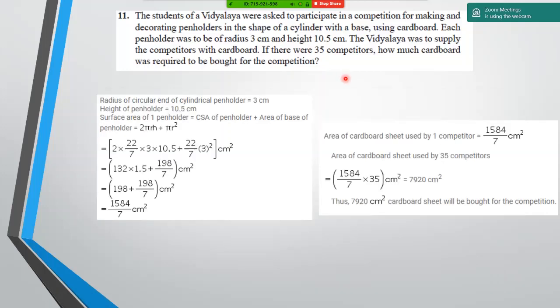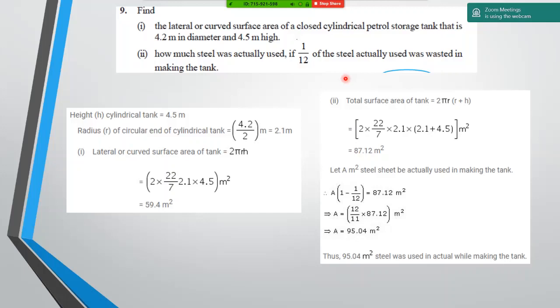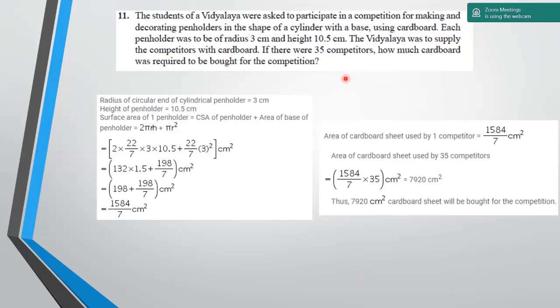Now somebody wanted to see the previous sum, so moving back to the previous sum. Finish it off. The 11th one would be the last one for us. As I said, it's almost time for your next lecture. So finish this one, then I'll go to the next. Yes, ma'am, I'm done. Okay. Done. Do this one. So here I have done it like this, but you need not do it. You can multiply with 35 here only and continue with the sum.